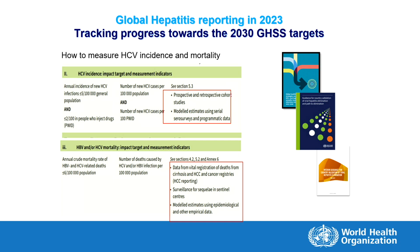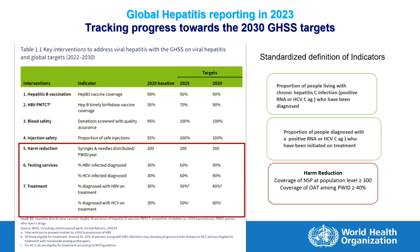Now, talking about the global progress, how do we measure HCV incidence? How do we measure mortalities? And I've briefly summarized here the measurements of incidence. We're looking at various prospective, retrospective studies, and modeled estimates. And similarly, for mortality, we're looking at direct data from vital registrations and sequela surveillance, as well as modeled estimates. In terms of program targets, I think we all know the program targets very well. One of the things the updated version did was to really standardize the definition of indicators as seen in the